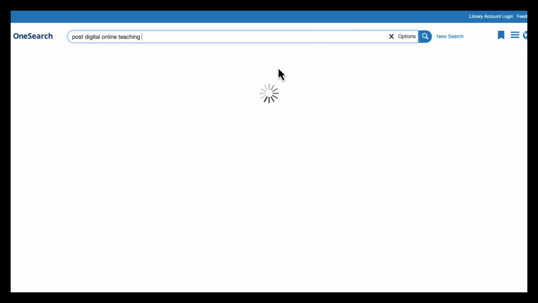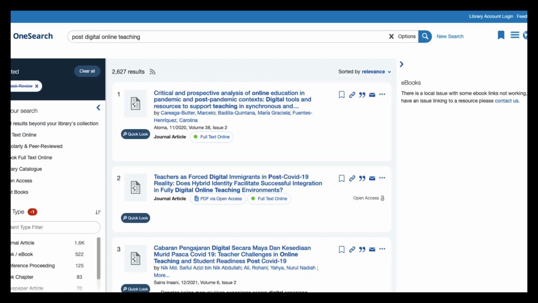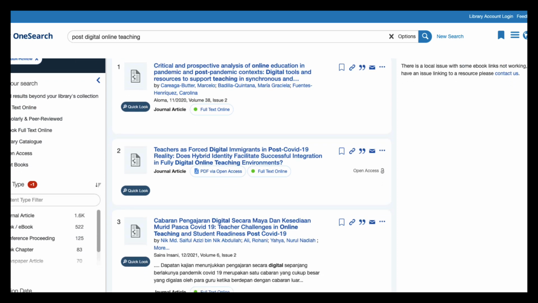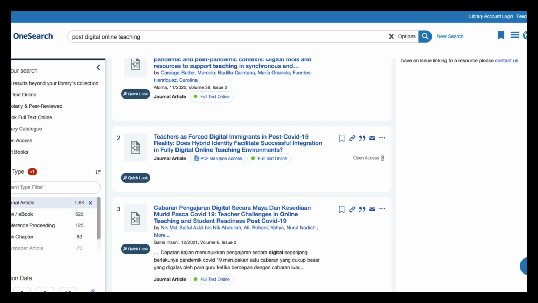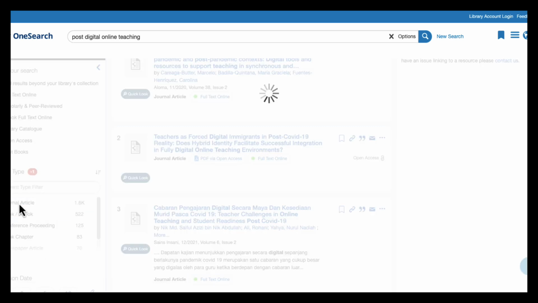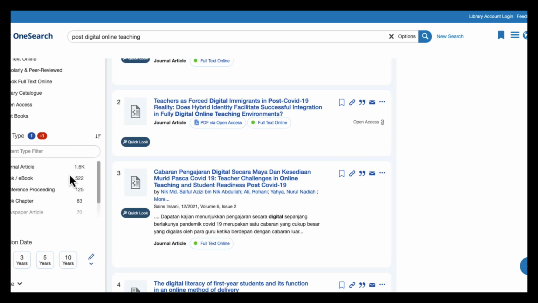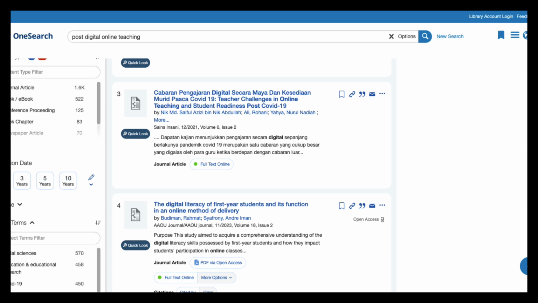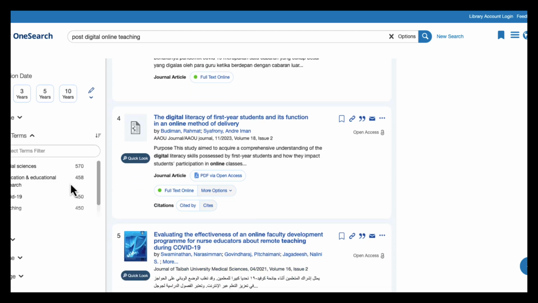Another option for searching is the OneSearch on the UCD library. So if we do a search there, we'll have a lot of results that will pop up. And again, you can use all of these different filters on the left-hand side. If you just want to look at, let's say, journal articles, you can reduce your searches that way. Just like in Google Scholar, you can look for more recent, or if you want to go back historically and look 10 years ago, you can do that as well.